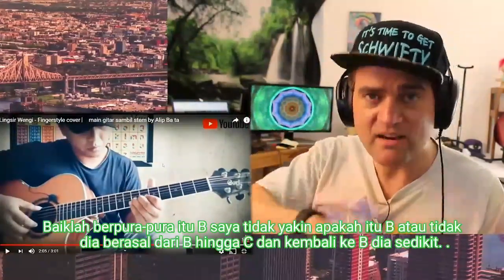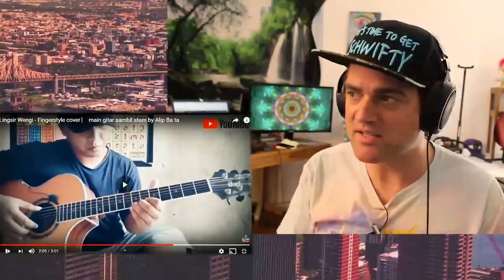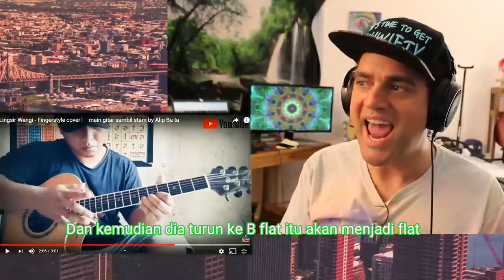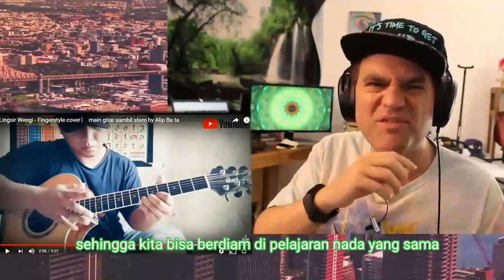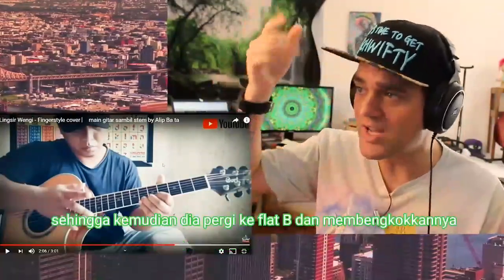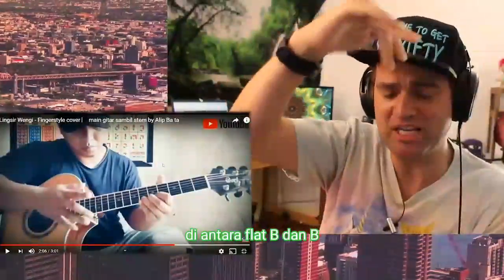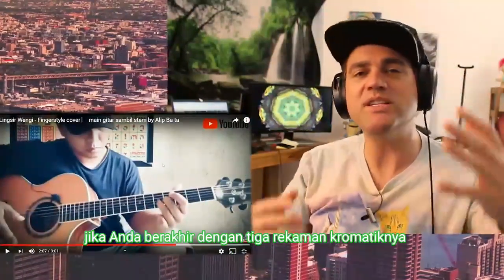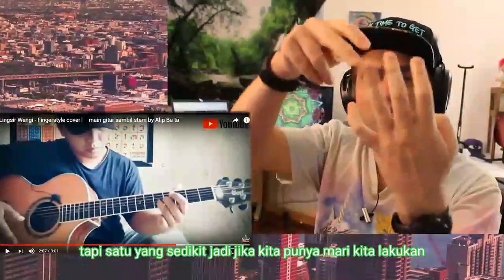So he's going from B up to C and back to B. So these little half-step bends. And then he goes down to the B flat. It's called a B flat, so we can stay in the same pitch class. So then he goes down to the B flat and bends it halfway in between the B flat and the B. Right? So what you end up with is almost 3 chromatic notes, but one that's a little...